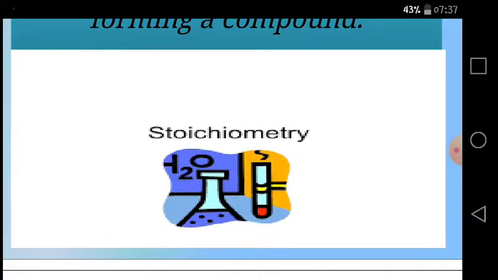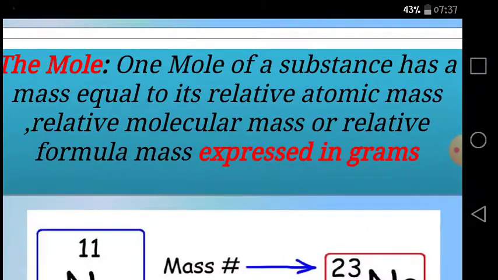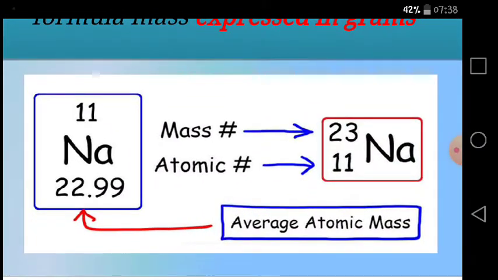Now we are moving towards the mole concept. 1 mole of a substance has a mass equal to its relative atomic mass, relative molecular mass, or relative formula mass expressed in grams. Here is an example of sodium. You can see the atomic mass of sodium is 23